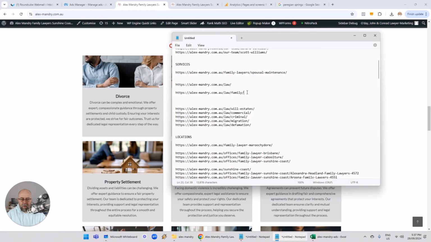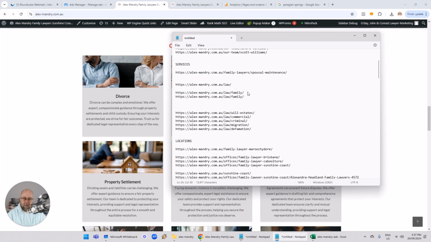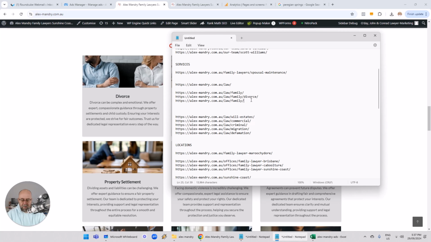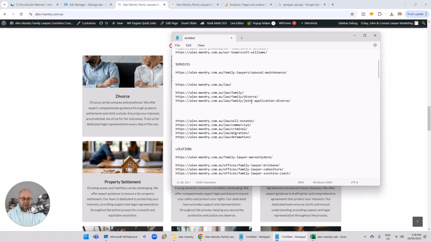So for family, I don't want you to get too hung up on that. It doesn't really matter. For most cases, this will get you through. So under here, we will have divorce. Okay, and the same thing again, family, application, divorce, joint application perhaps, if that requires a second page. This here might be a great